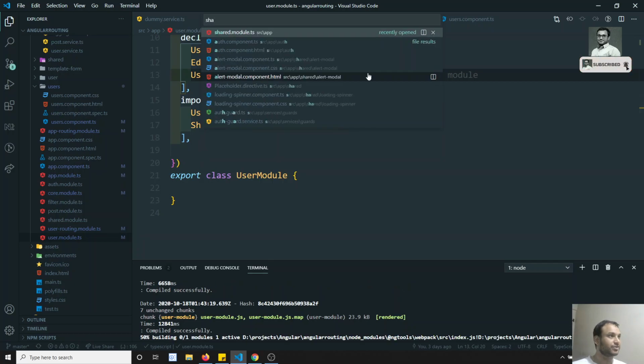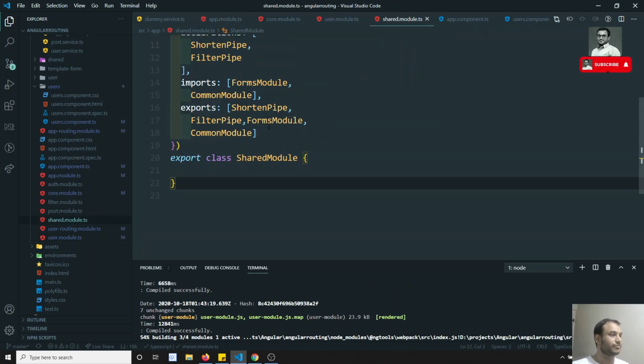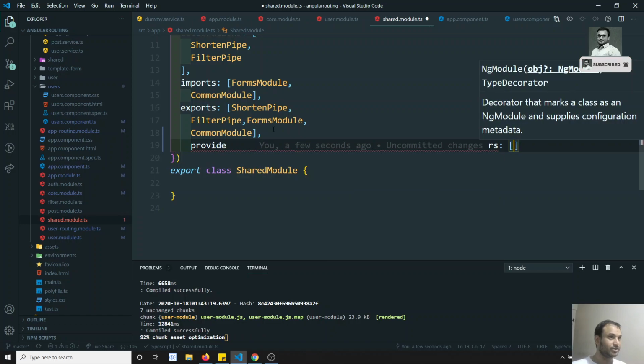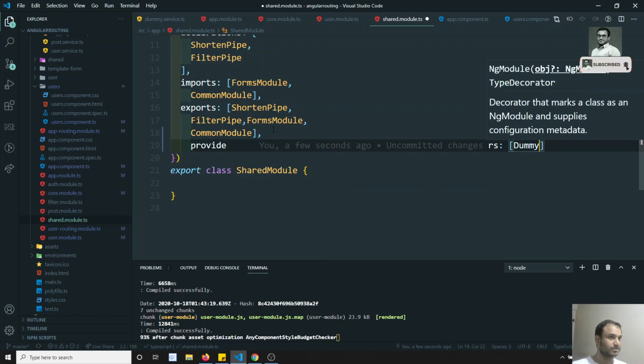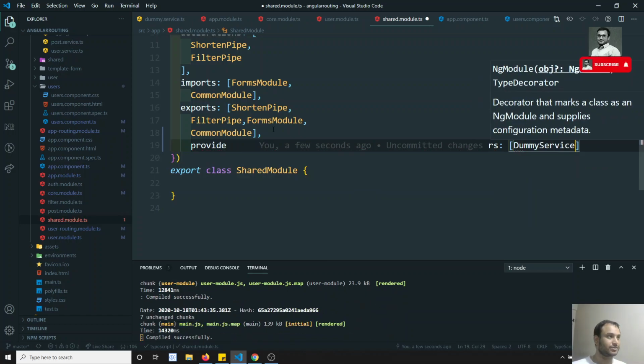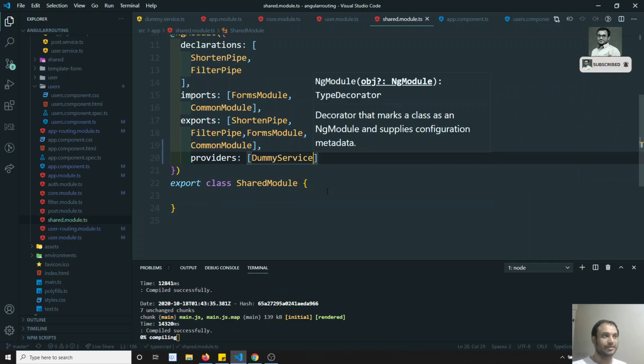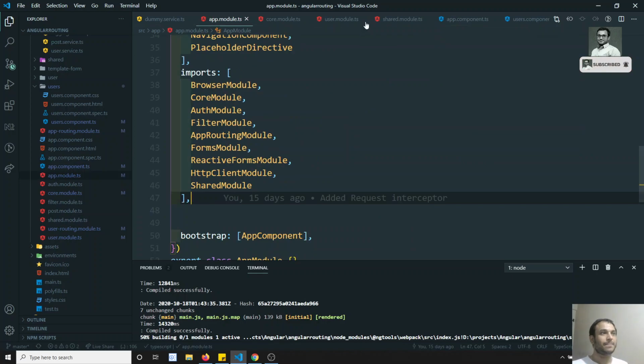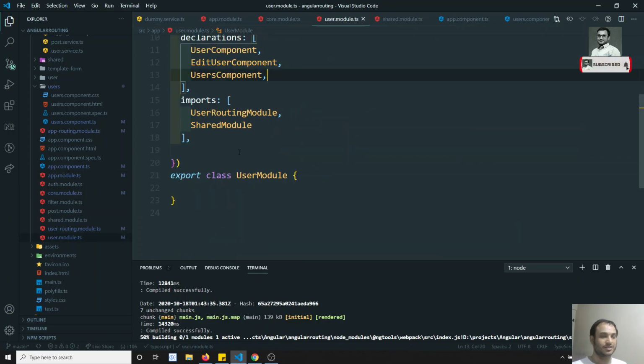That is also valid. So I remove it from here and add providers with DummyService in the shared module. This shared module is imported in the app module and also in the user module, so it is there in both places.